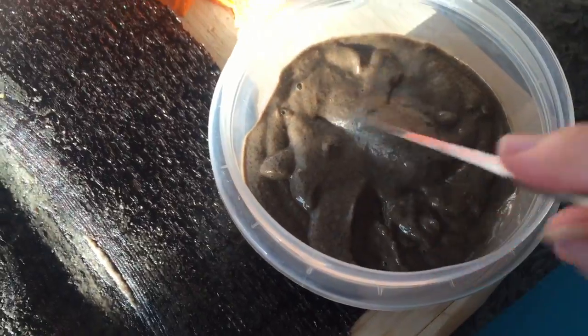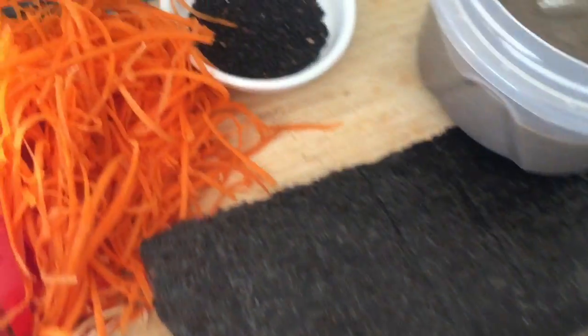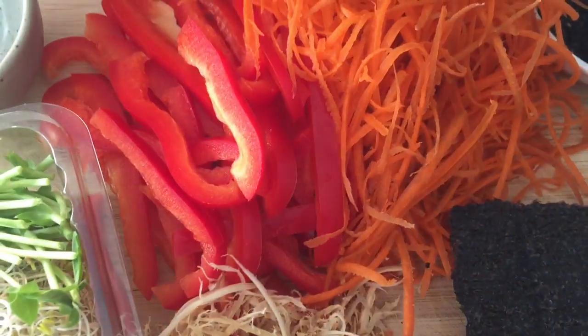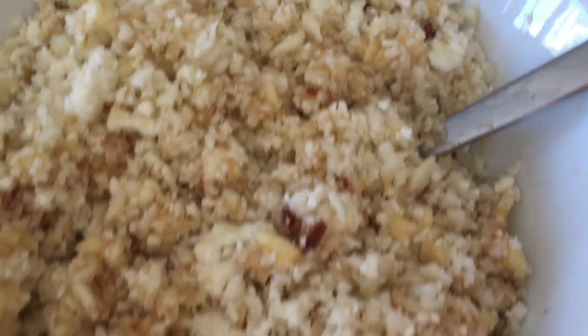This is what it looks like. It's dark because I used black sesame seeds, so I'm going to use that as a paste to keep it all together. And here's my untoasted nori sheet I get from cveg.com. They're untoasted and raw and ethically harvested. So there's my horseradish. I grated some carrots and red pepper, my sprouts, and here's my cauliflower rice with dates